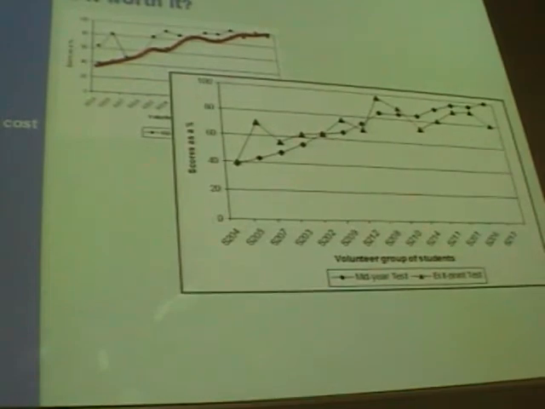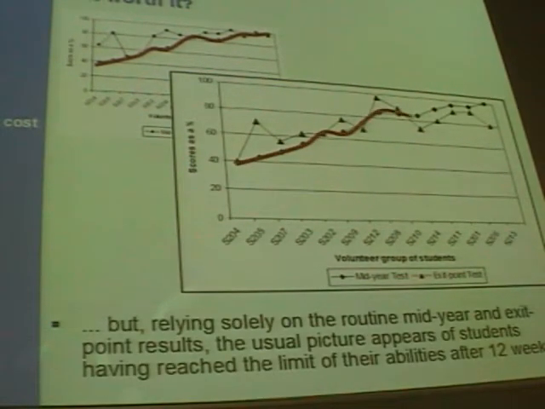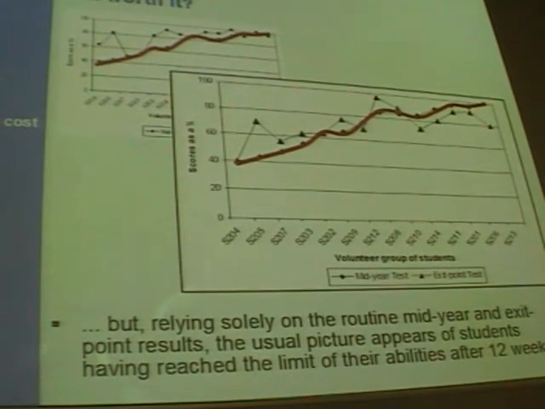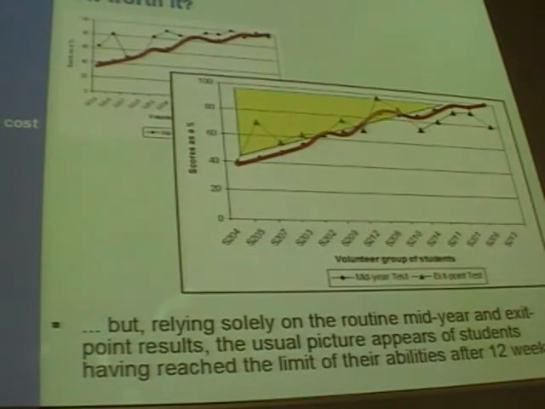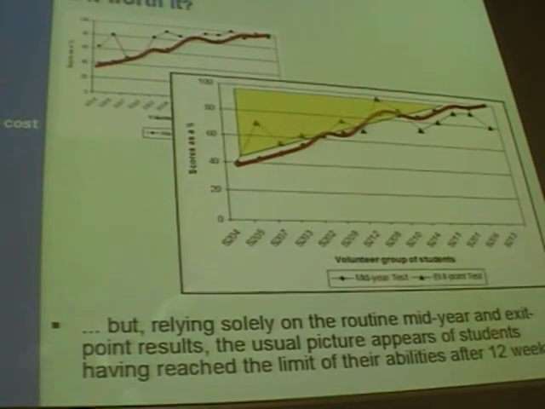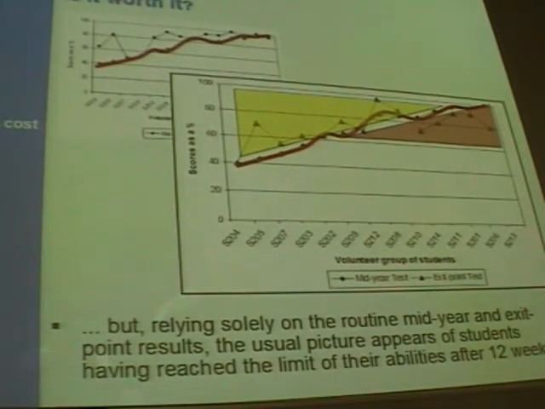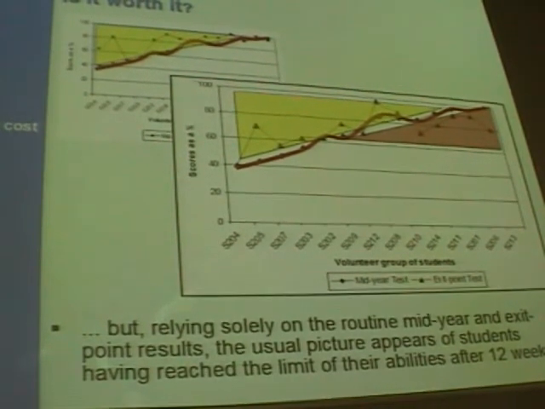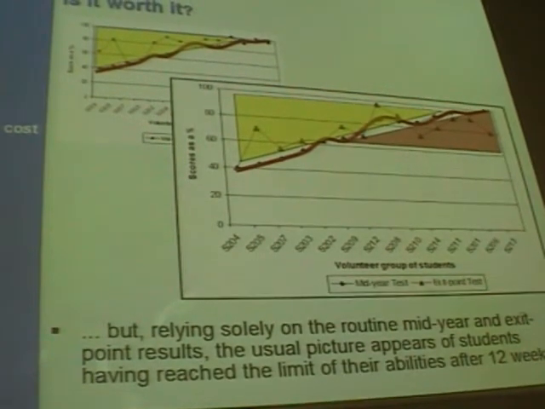However, if you took the exit point and mid-year results for the same cohort, the same group, you've got exactly the same picture as we saw a few minutes ago when we looked at the typical cohort. You've got half a dozen people improving a bit. They're neatly balanced by another half dozen doing worse. That's a bit worrying. But nothing like the rosy picture that we saw in our retest on the basis of the mid-year materials.